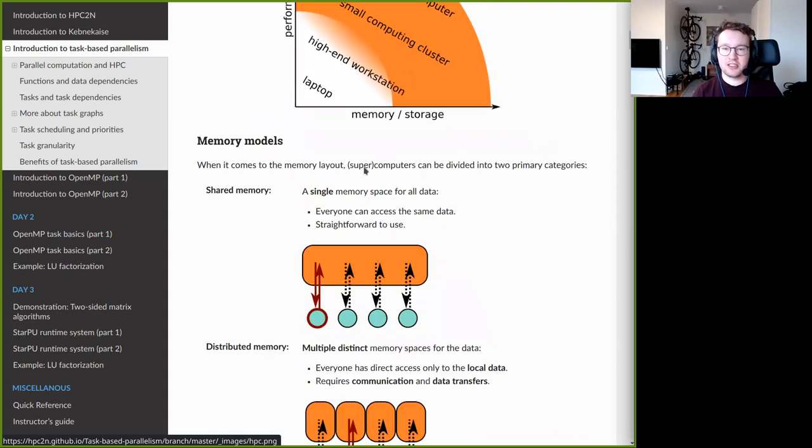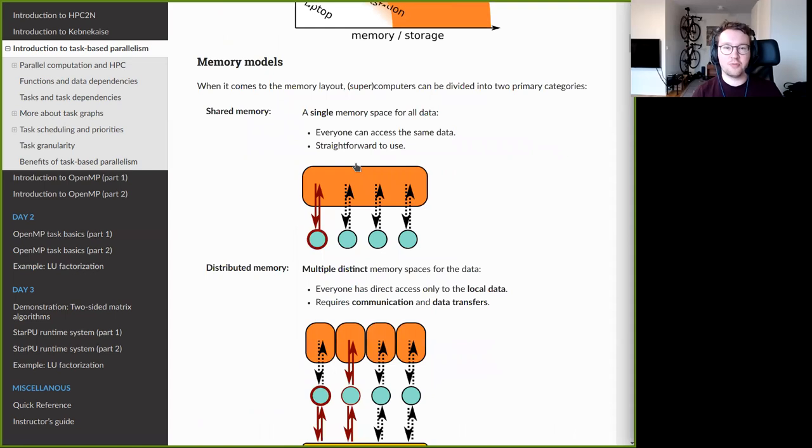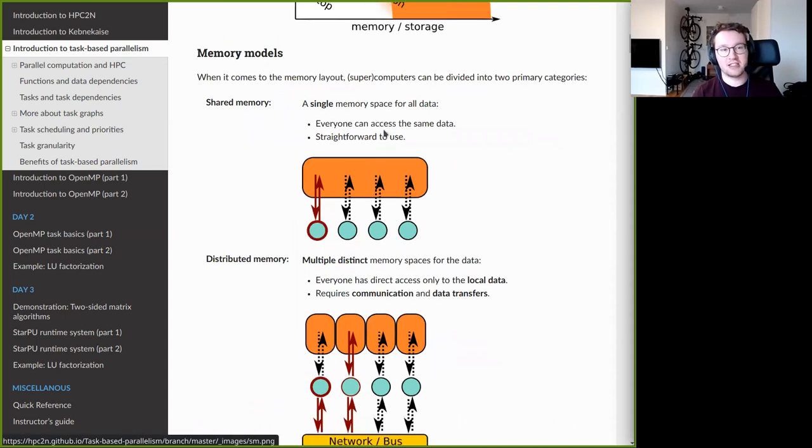Then when it comes to these supercomputers and laptops, it's very relevant to talk about different memory models that this system could implement. And the first model is called shared memory. This is the simplest case where we have a single memory space for all the data. So in these illustrations, you can see these blue balls here. These are meant to illustrate the CPU cores. And then this orange box here is the memory space to which all of these CPU cores have a direct